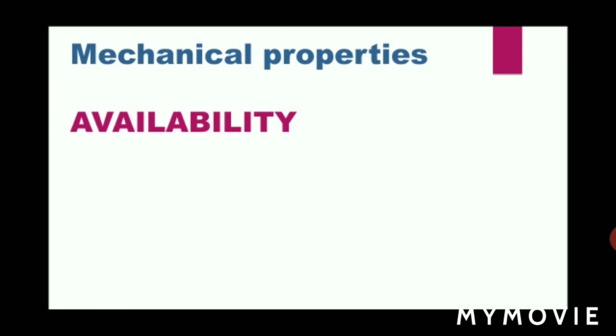That means if your material is readily available, suppose you are selecting a simple material like aluminum or cast iron, or any other material which is readily available. For such materials you will not worry about how you are supposed to get them, because we use those kinds of materials frequently.